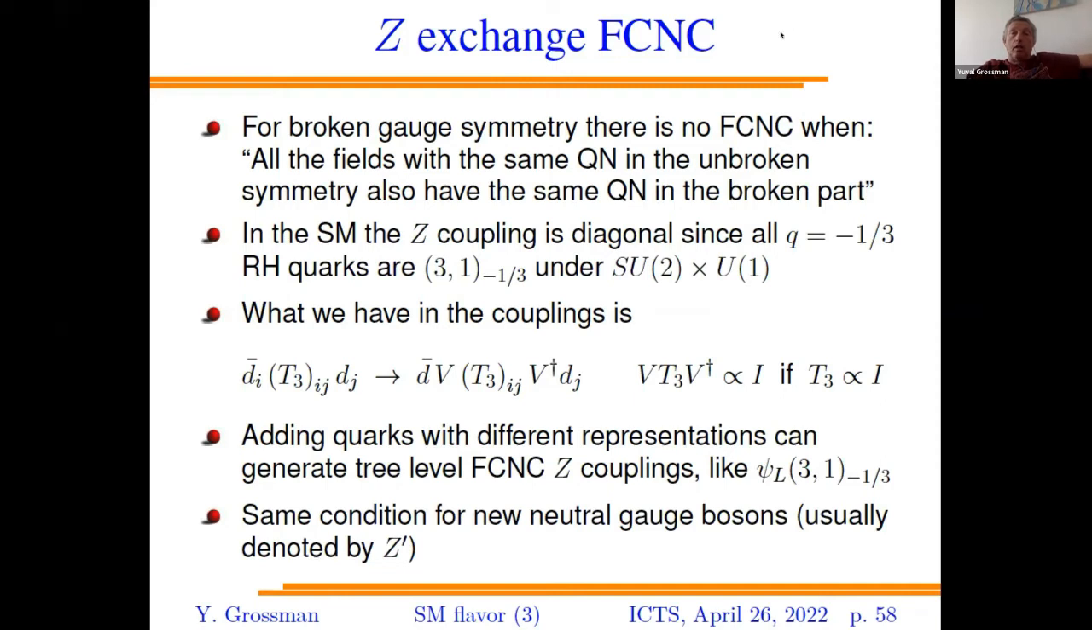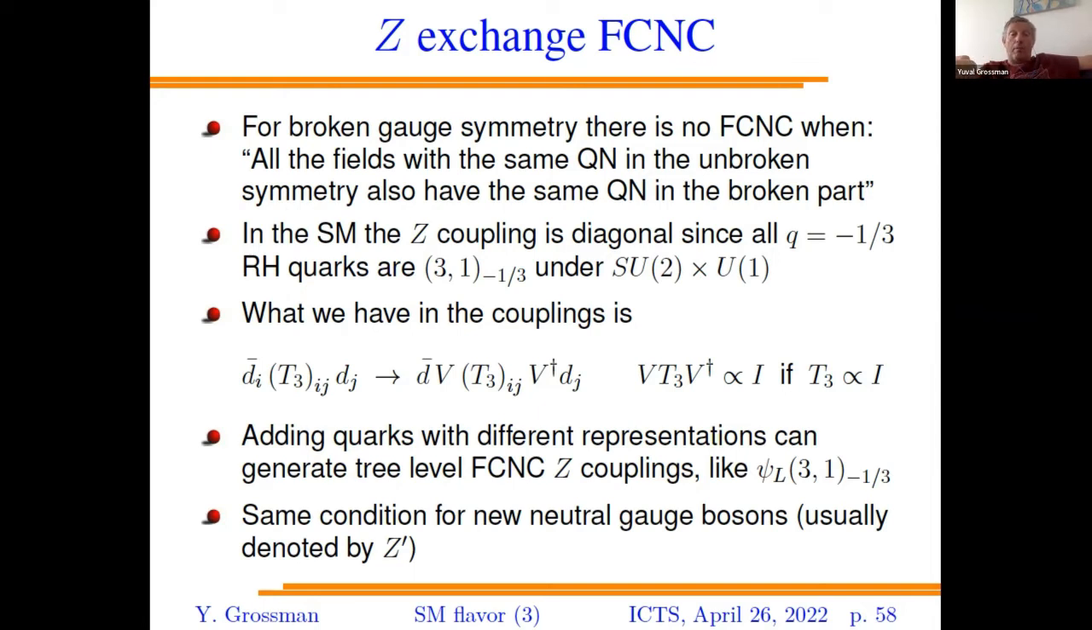Okay, there's one in the chat. Is the fact that T3 is diagonal accidental in the Standard Model? So I wouldn't say that accidental is the right word. I would say that it's by construction. People constructed the Standard Model in this way in order to guarantee that we don't have flavor change in neutral